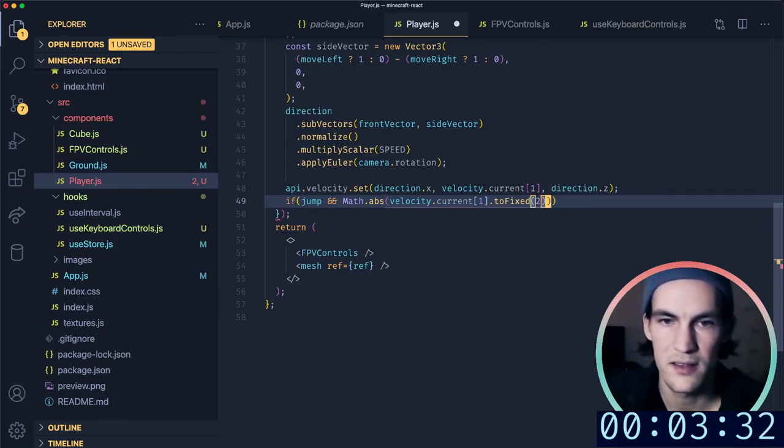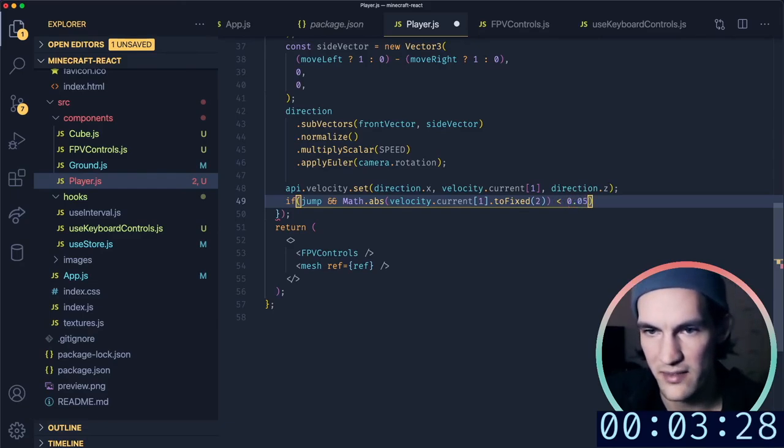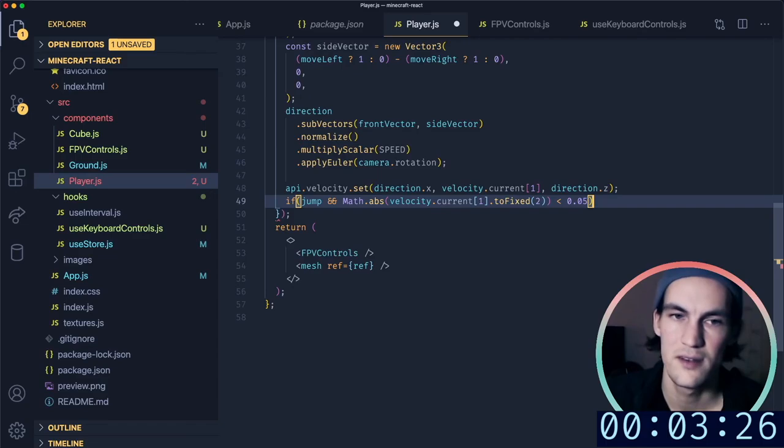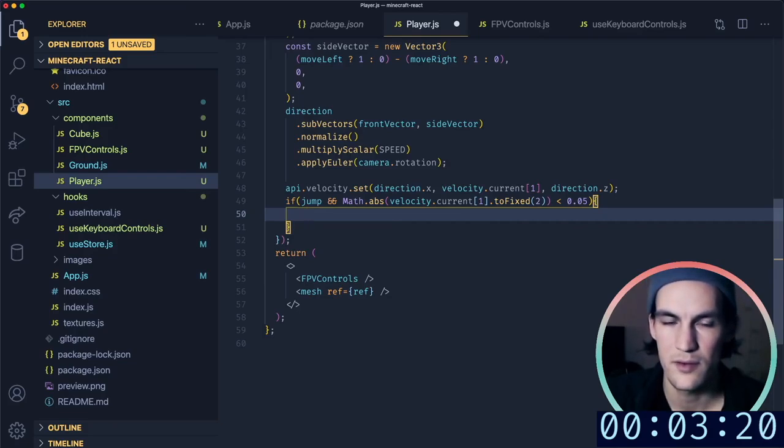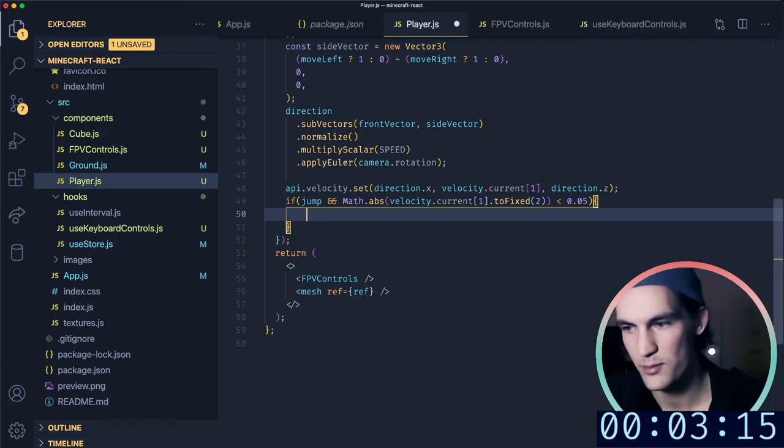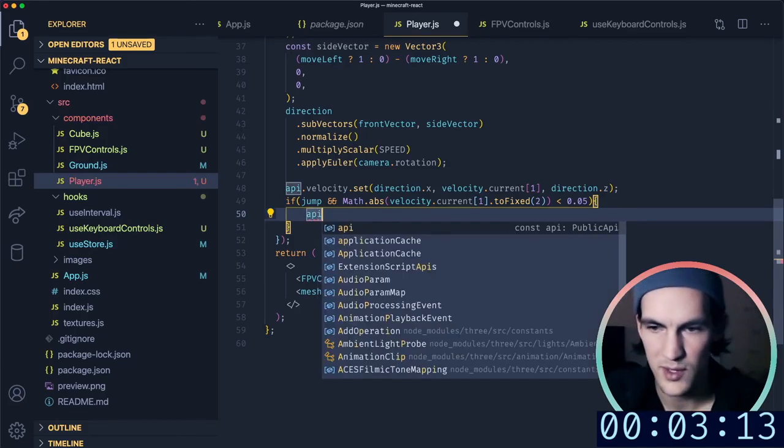We'll check if this one is smaller than 0.05. That means that we have very little speed in the y direction. If we get the jump key and we're not moving fast up or down already, we do